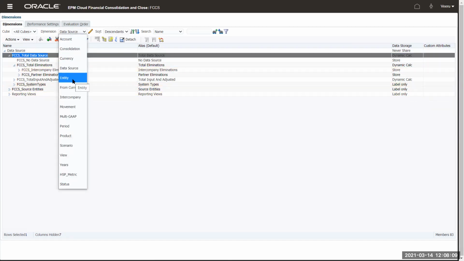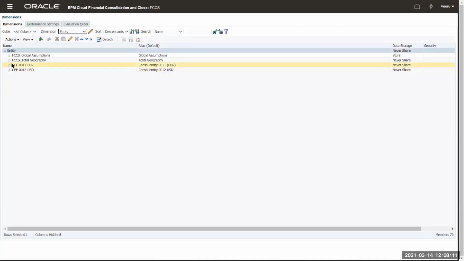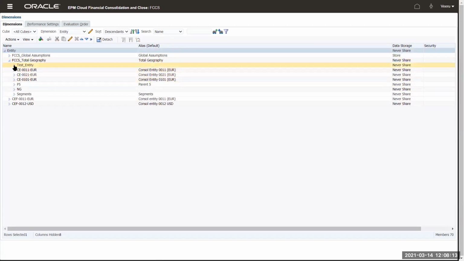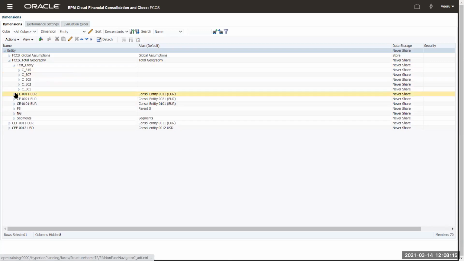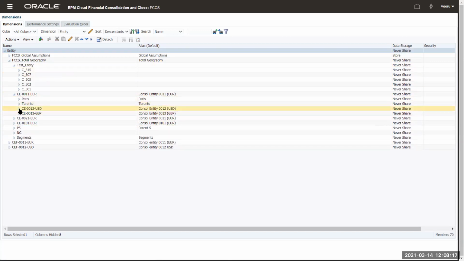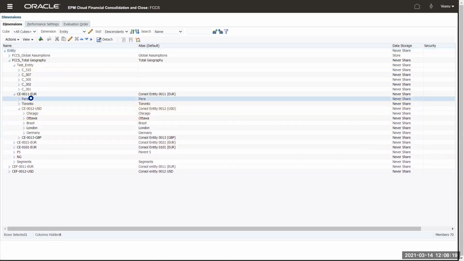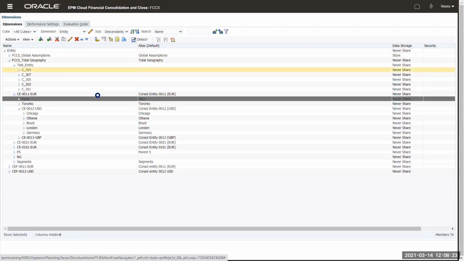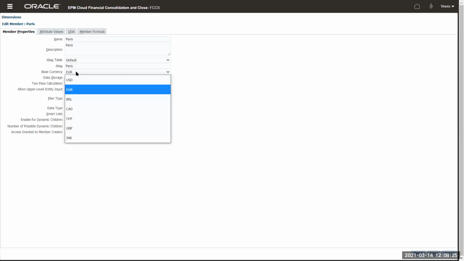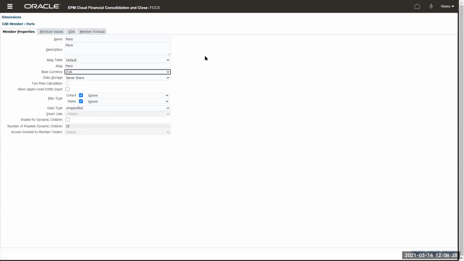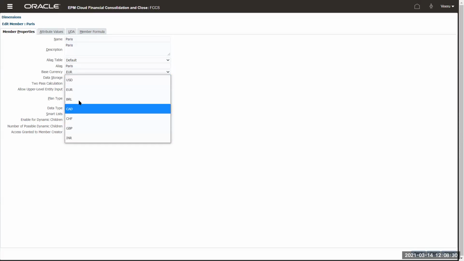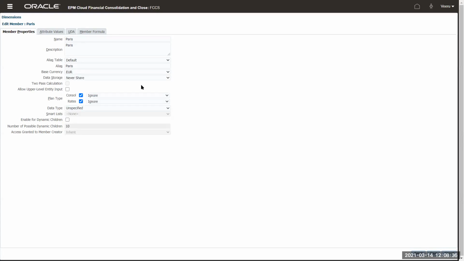Okay. Entity. Again, I can create my own entities, my groups, however I want. I can group them, and then each individual entity will have its own currency assigned to it. Whatever currency you created there will show up here, only those currencies. What are the input currencies here? I had INR, so INR came up here. So you can specify the currency for that application.